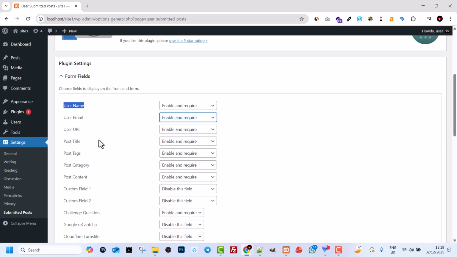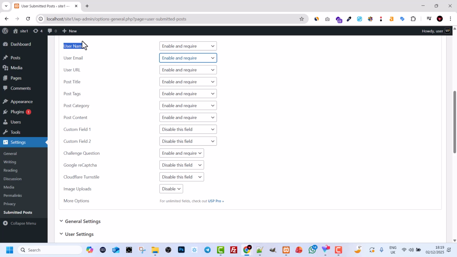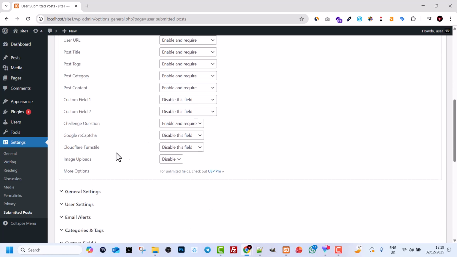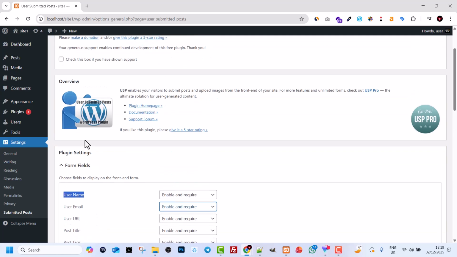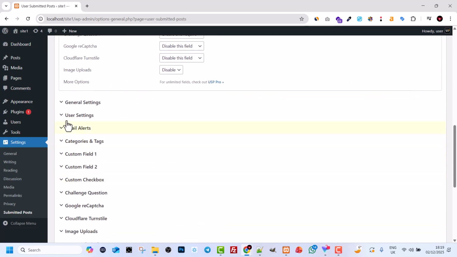This way you can create these forms without making users log in to your website. You can also enable categories, where you add categories to your posts, as you can see in your posts categories, and then you can enable categories and display specific categories and many more things. I have been working with this plugin for quite some time and I find it very useful for a free plugin. So next, after you have entered all fields and done all user settings,